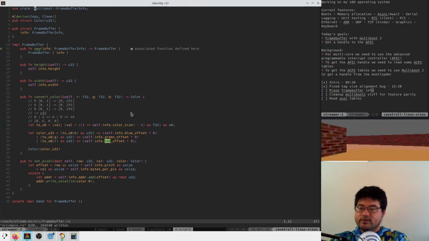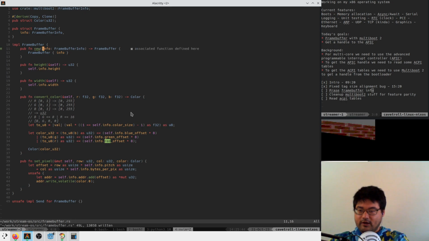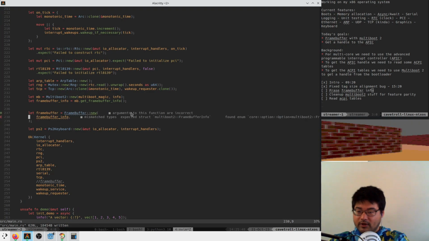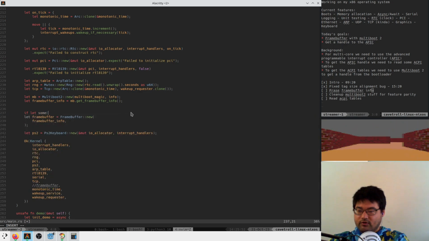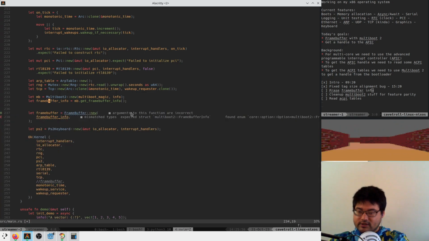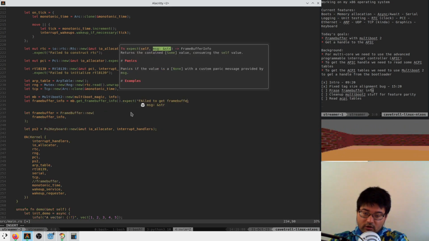This guy is using multiboot 1, and we're just going to change this to multiboot 2. Everything else should just work the same, except that we have to check if we actually get it. So if let Some frame buffer info. We'll just expect it for now: failed to get frame buffer info.